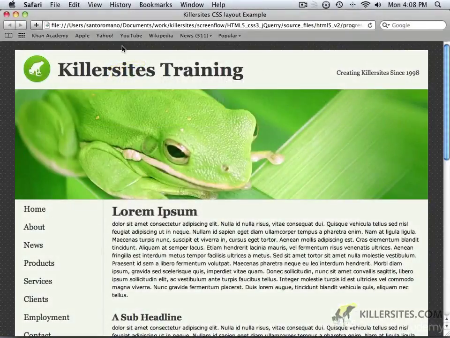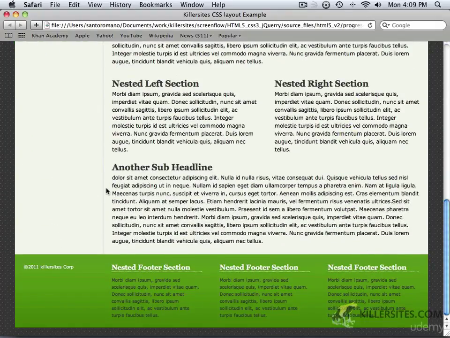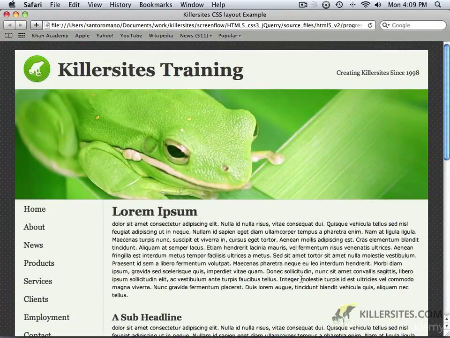Good. So now what we're going to be addressing is how to implement some CSS3 into our new HTML5 design. So we've got the progress page that we've been working on. It's the same one that, if you've been following with me, you should be looking at the same type of thing inside your browser. And you'll notice that there's a lot of CSS3 that we're going to implement into this,